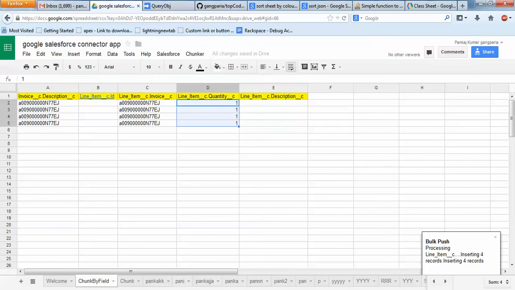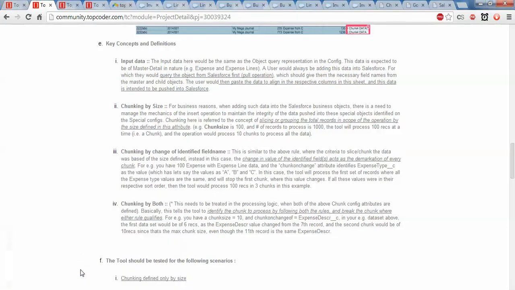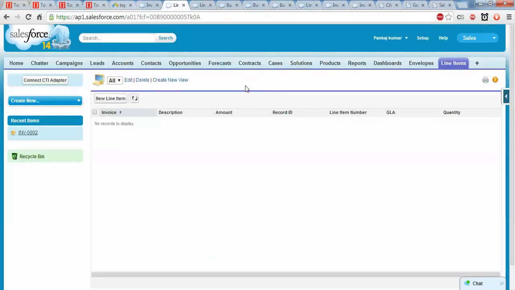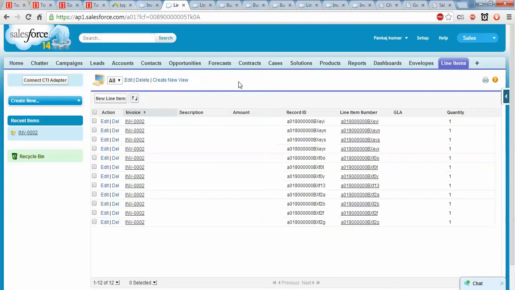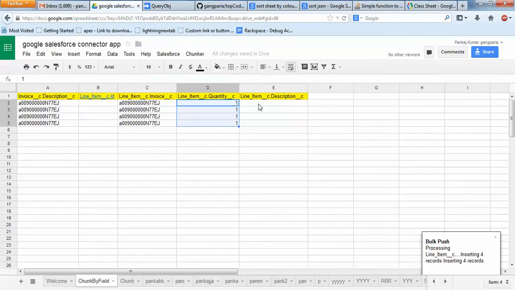One more thing I want to show you: whatever we have done, you will see in the list where we have inserted the report. I have run it twice, so you will see all the reports for the IM2. Right now I am doing it for the description, so I am inserting description. Once the process completes, you will see the description fields here also.